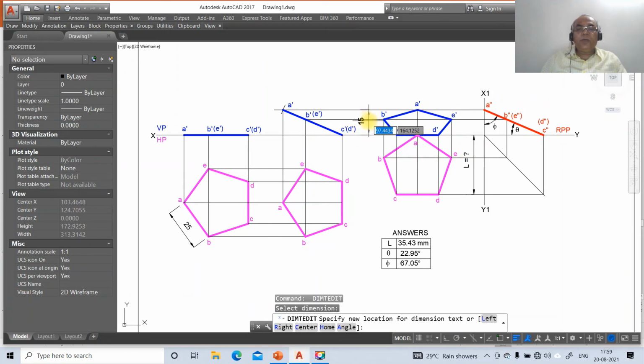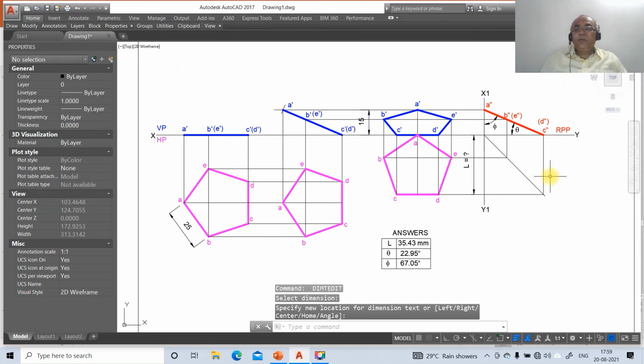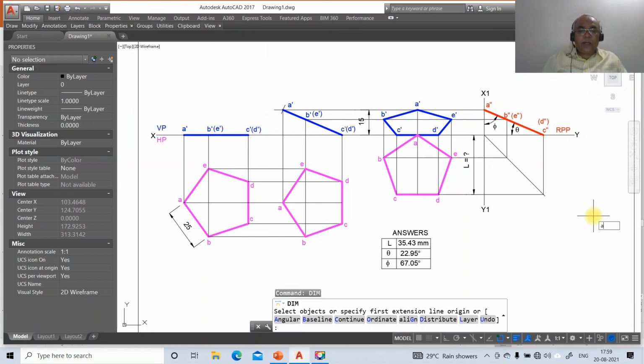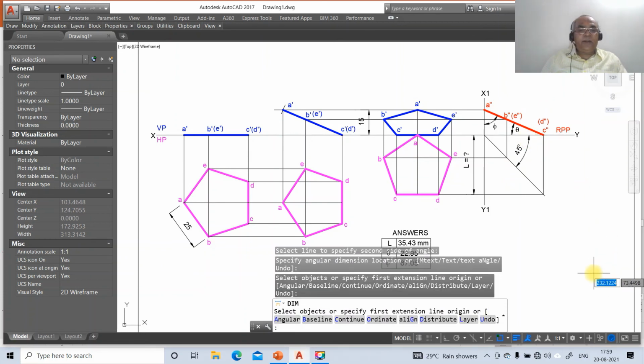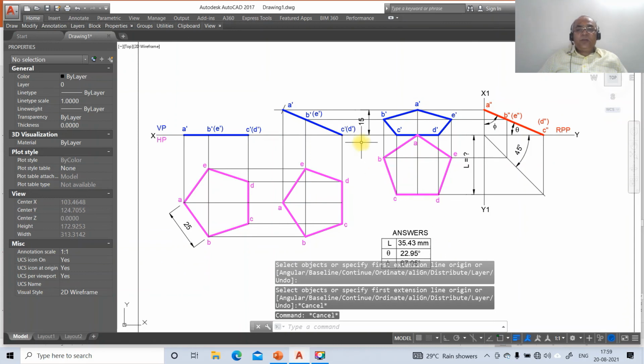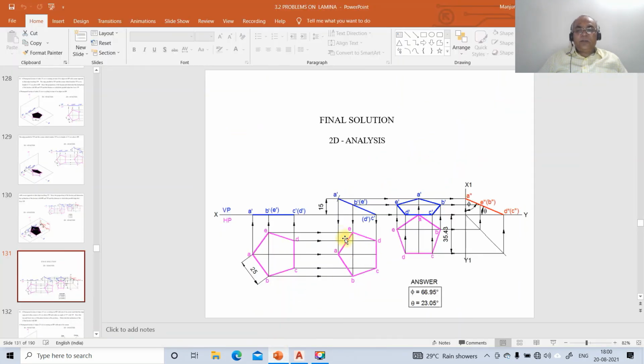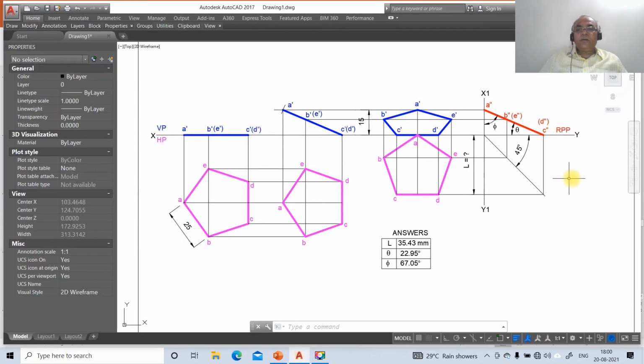Similarly, this also here. So this is how you will be able to finish this drawing, and then go to dim, then go to angular, select between this line and this line. So you are going to get it 45 degrees. So whatever the drawing which you have created here and whatever the drawn one here, the same, it is having the same values and also it is very much similar. So hence this is the final solution what you got from the AutoCAD. This is how you will be able to, by using the AutoCAD tools, complete this drawing. Thank you.